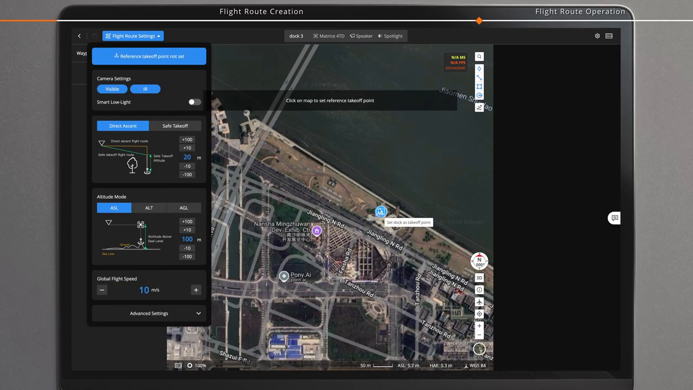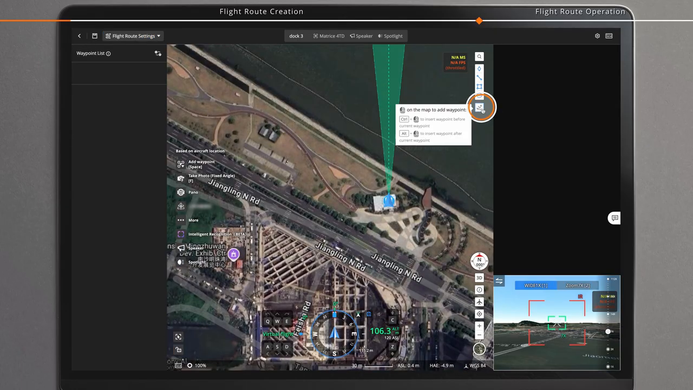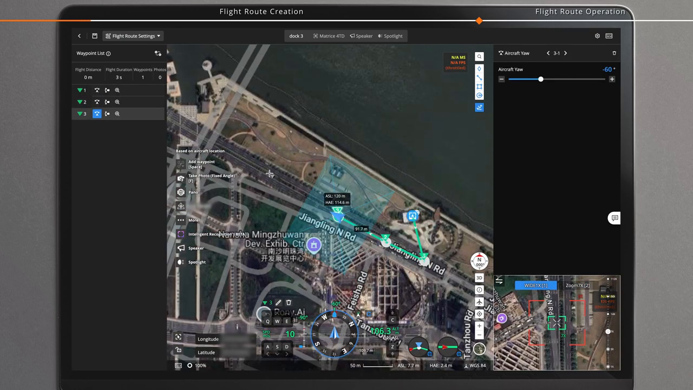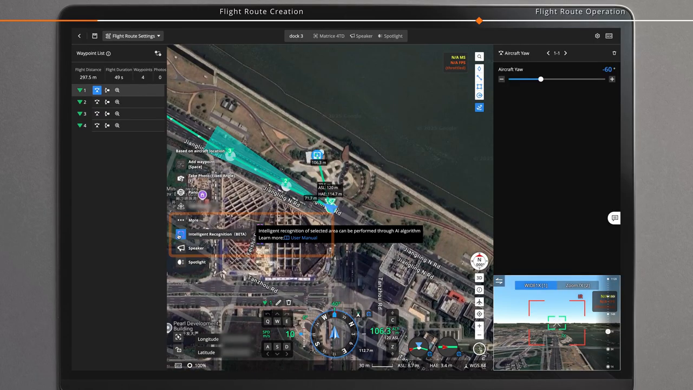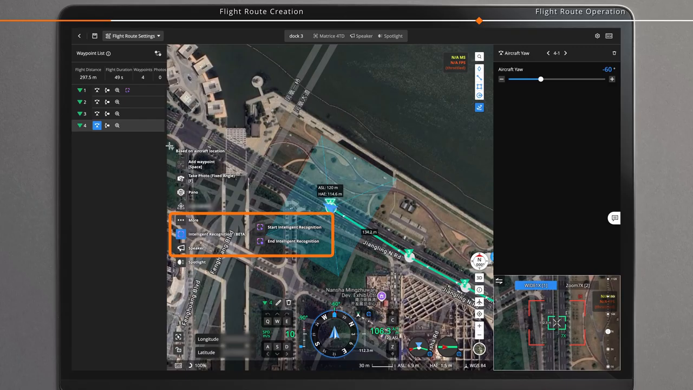Set the takeoff point. Enable the quickly adding waypoint function. Click to add waypoints. Choose the waypoints to add the intelligent detection action, and in the intelligent detection action,